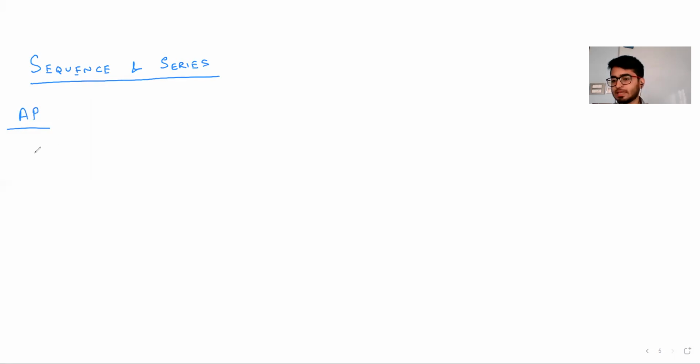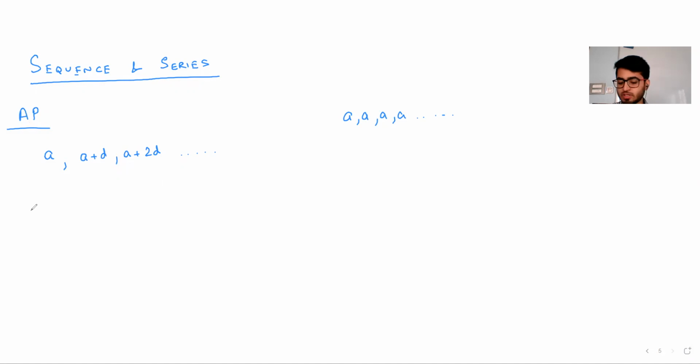So AP, basically we have a series which looks in this way. Let's say the first value is A, the next value will be A plus D, the next value will be A plus 2D, and so on. As you see, it's going to linearly increase or decrease depending on the sign of D. Note that A, comma A, comma A, comma A, and so on, could also be seen as an arithmetic progression where the difference is 0.